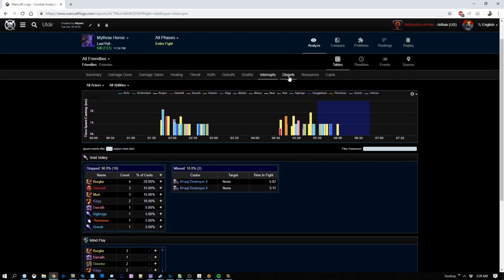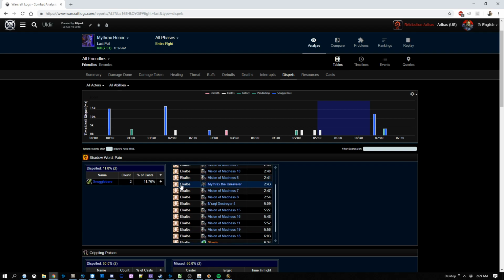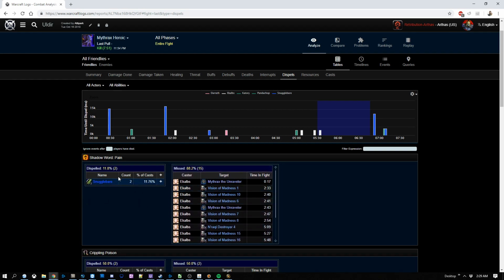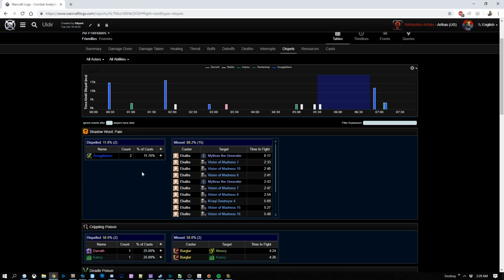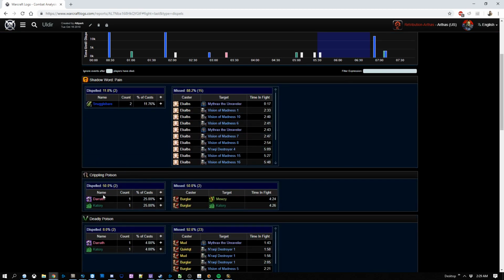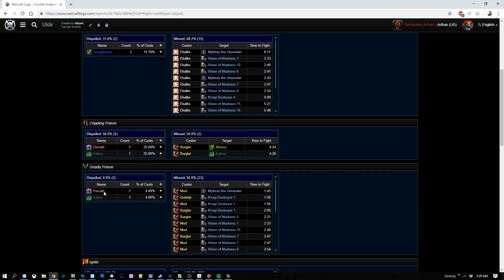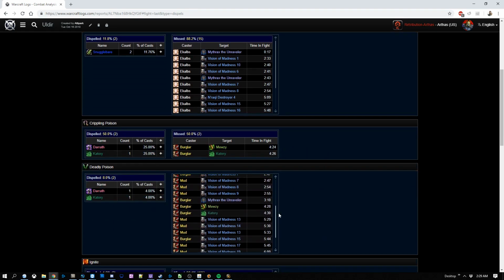Dispels, I don't know. Okay, there you go. Dispels. So you can actually see Shadow Word Pain. I dispelled it off people twice during that fight. Crippling Poison. Josh and Katie, they got it off. You can look and see Deadly Poison. Again, you guys can go through and see where people are getting stuff dispelled. Really cool if